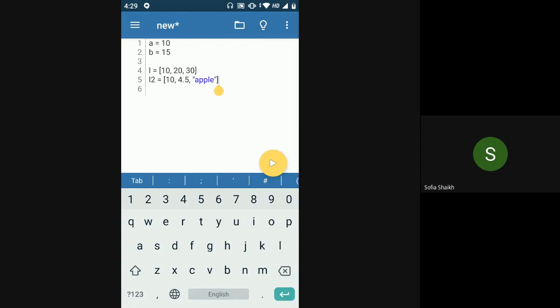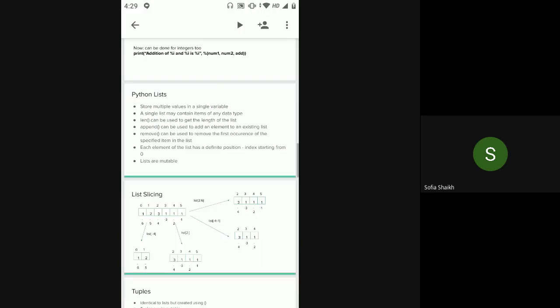So when you're creating a list, the values that you will be adding as part of the list can be a value of any data type basically. So this is clear, what is a list. It is just a way in which you store multiple values in a single variable, and these values can be of any data type. There is no restriction that all the values should be of the same data type. You can mix and match any data type. There can be one integer or multiple. Your values can be of any data type. That is what it means.